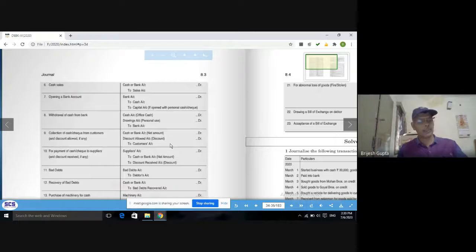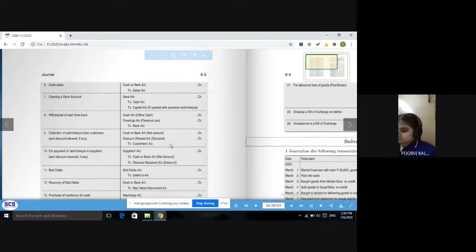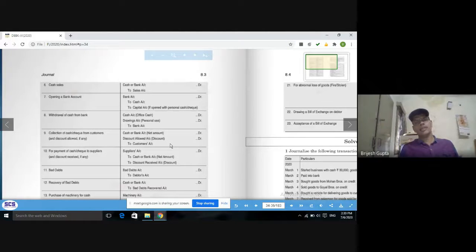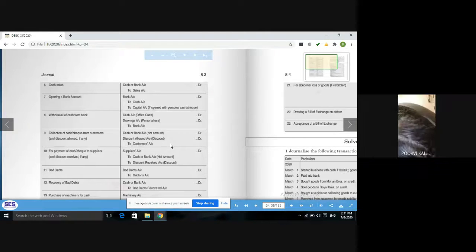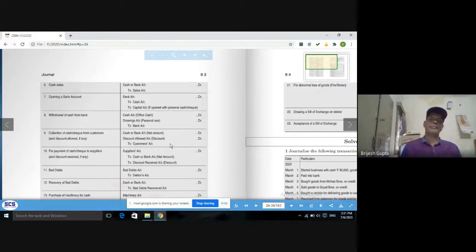Then the business can purchase assets. I have already discussed with you, assets can be purchased on cash and assets can be purchased on credit. So you can write it if you have not written the entry for purchase of assets. First write the entry for cash purchase of assets. Asset account debit to cash account.